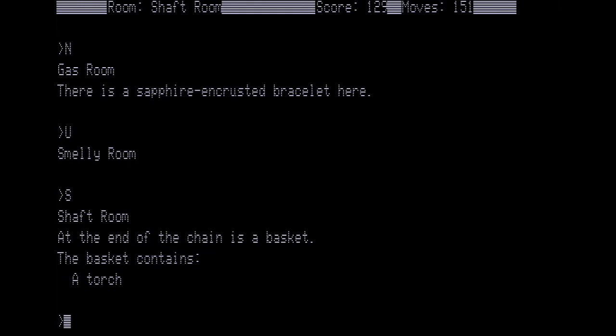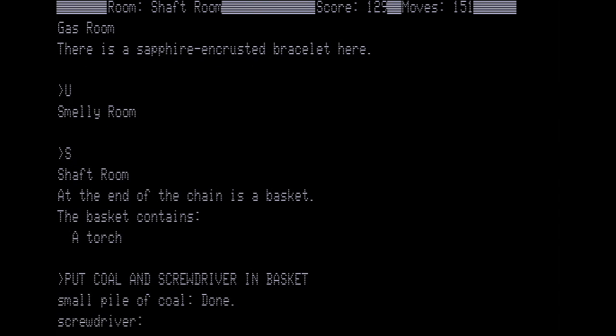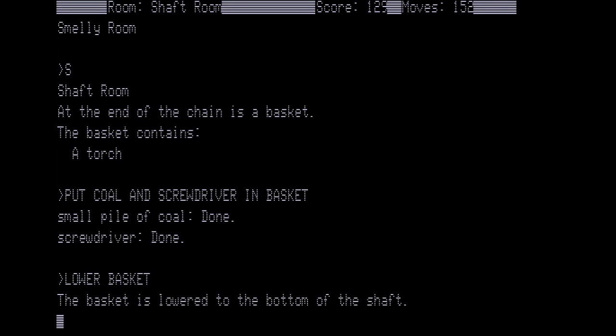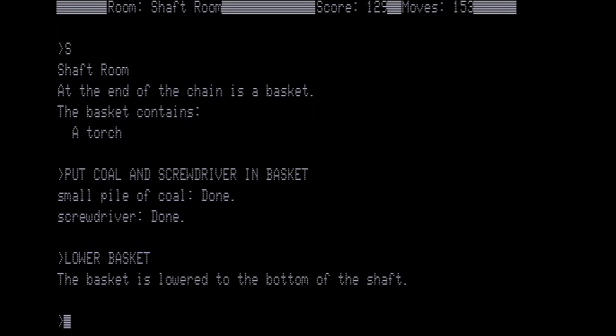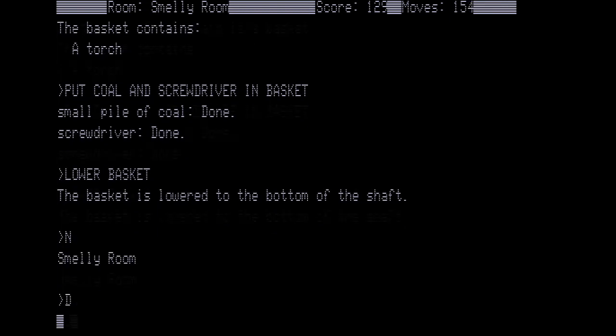At the end of the chain is a basket. The basket contains a torch. And we are going to put the coal and the screwdriver in the basket. And then we want to lower the basket. And now we are going to go north again to the smelly room, and then we're going to go down